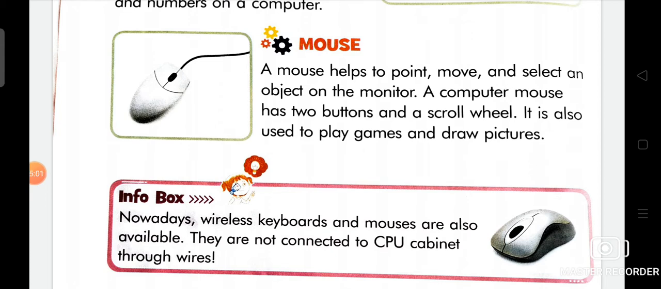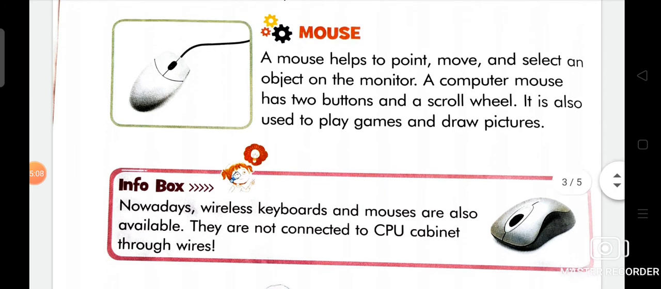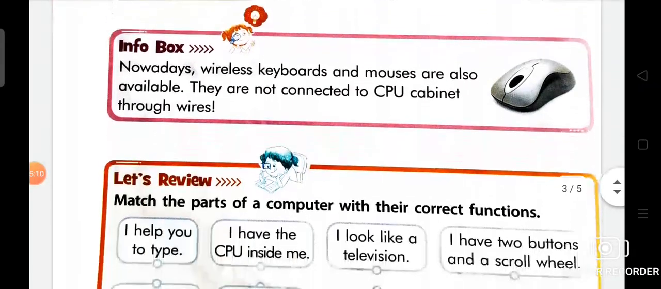Where can we use the mouse? It's used to play games and draw pictures. So students, now